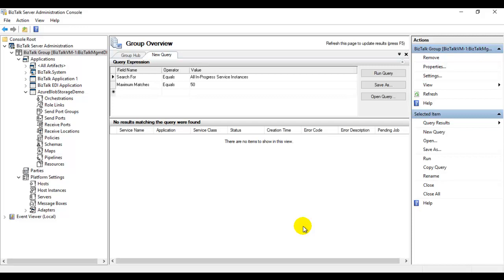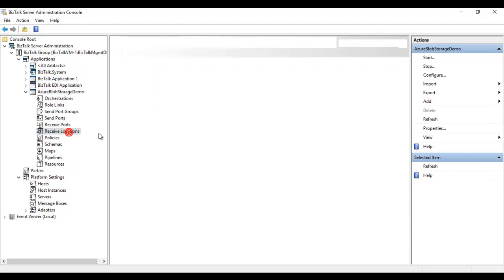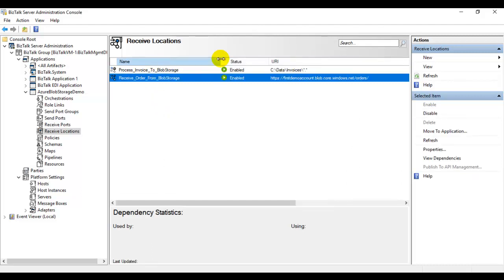I have already created one application called Azure Blob Storage Demo. In this application I have created receive locations. Let me expand them. I have created two receive locations: receive order from Blob Storage and process invoice to Blob Storage.